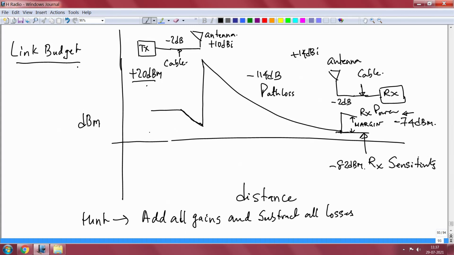Okay. Then what happens? The signal goes and gets amplified because of the antenna. So you have a super steep rise there. This rise is because of the gain in the antenna. Then it goes out on the air interface, and any electromagnetic signal out on the air interface dies down as the square of the distance.